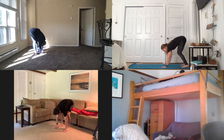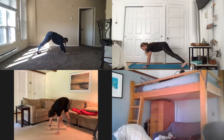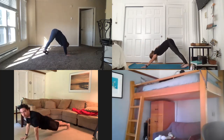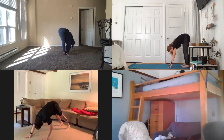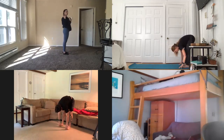From here, we're going to walk the hands out until we're in the top of a push-up position. And we're not going to hold it here. We're going to bring the hips up and we're going to walk the hands back towards our feet, trying to keep the legs as straight as you can. And then once you can't keep the legs straight anymore, go ahead and walk your hands all the way back,